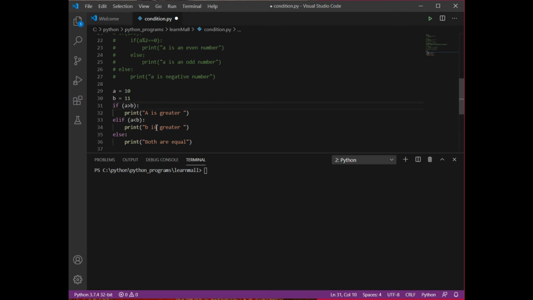All three blocks won't get executed. For this example, b is greater than a, so it is going to execute this elif statement.